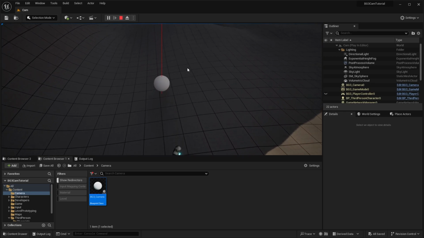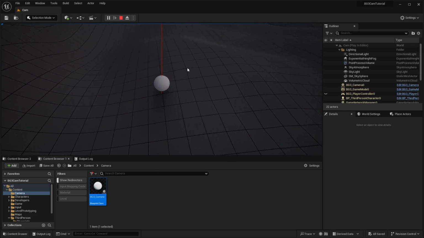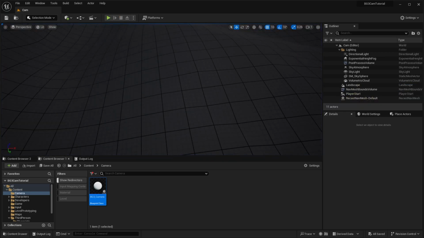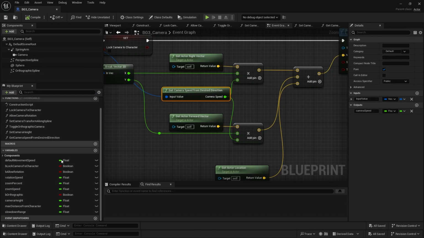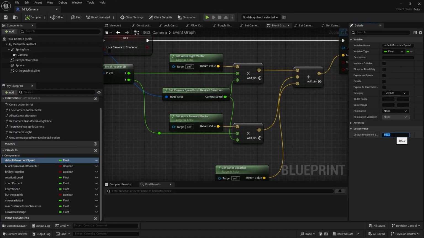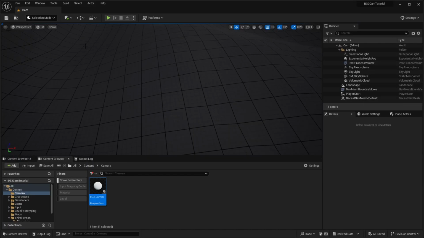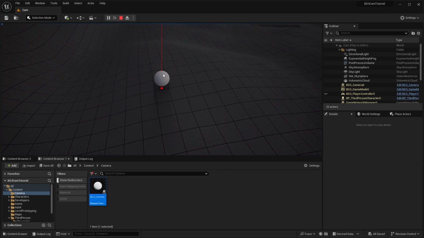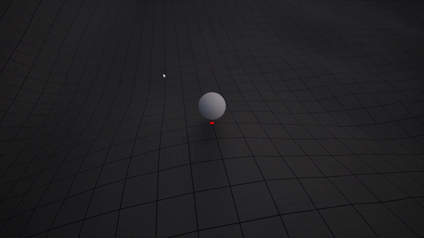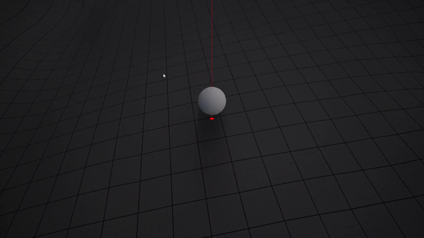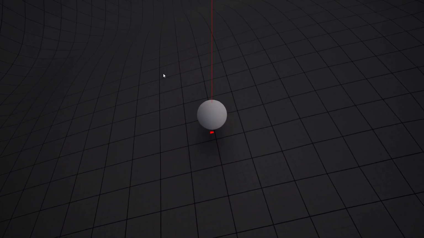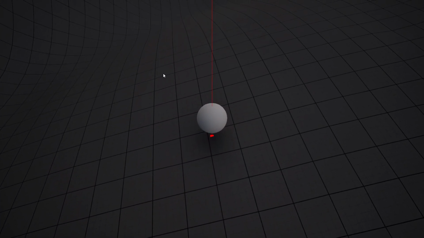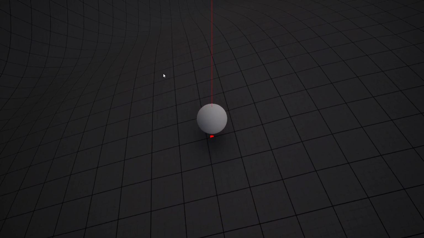So we try and get away. I might increase the speed actually, just so we get a clearer representation. And to do that, I'm going to adjust the default movement speed to, let's say, 800. So we start moving away off full screen. And as we reach that slowdown range, we should start slowing down. Yeah, there we go. So as you can see, in that range, we steadily start